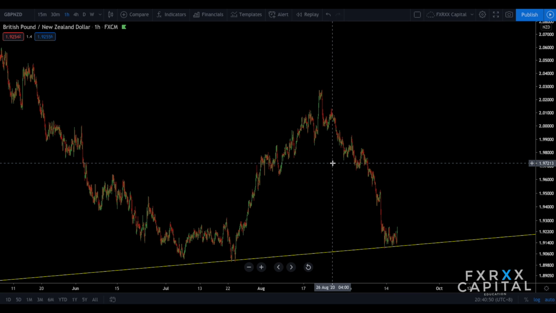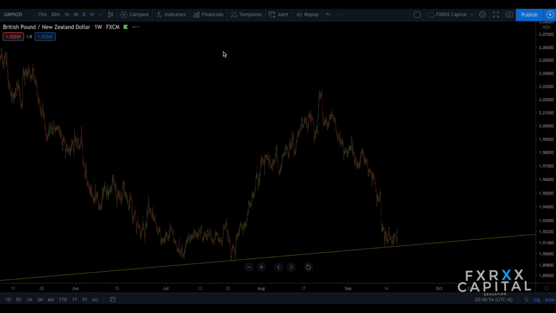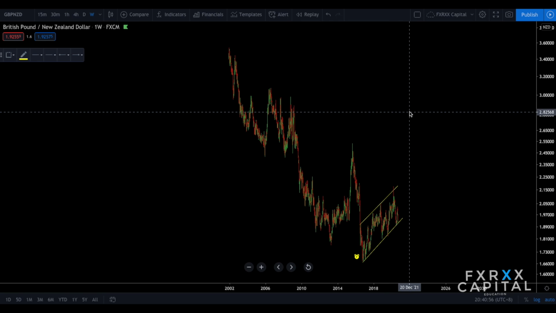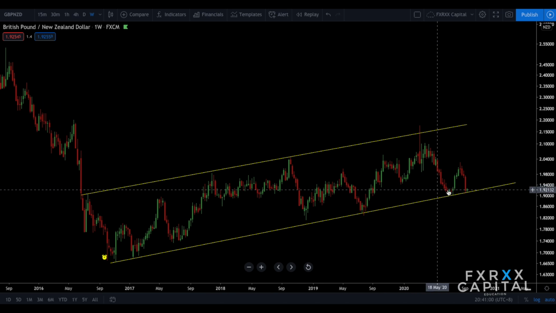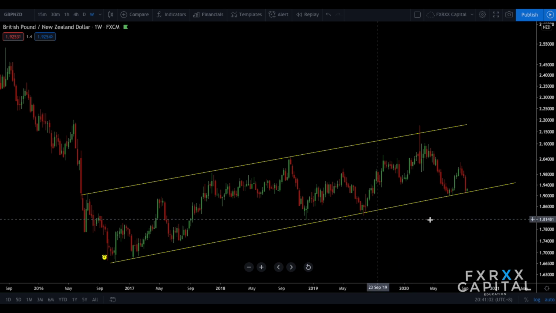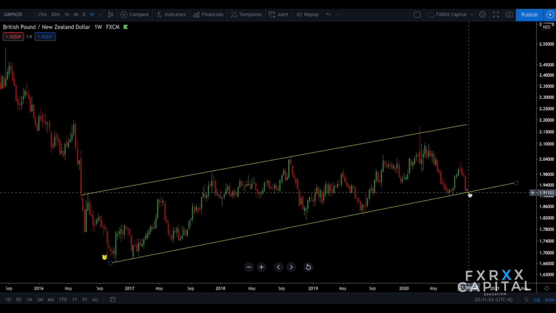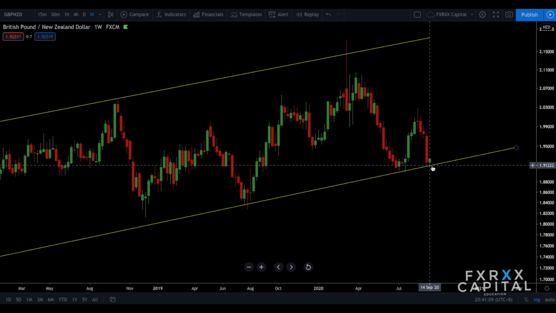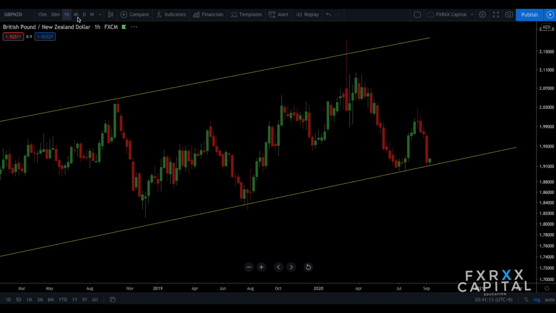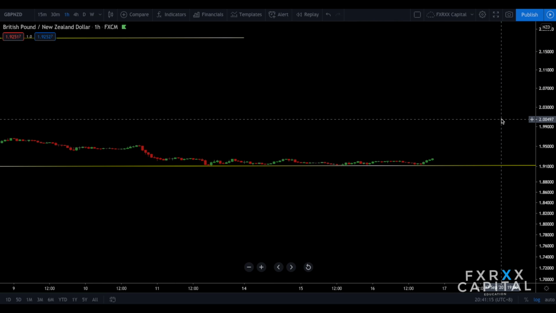Next we move to Pound New Zealand. Pound New Zealand is a very high probability structure. You can see price at this area, this bigger ascending channel, price at this area. You see on the weekly, price did start to move to the outside. You see the 1 hour time frame,